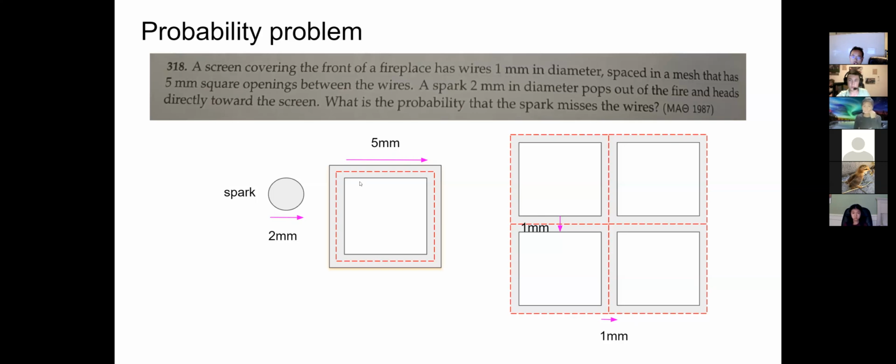That's close, but we need the whole 5 by 5. You have to be very accurate. If the spark is something like this, it's still a hit, right? Even if it touched just a little bit, it's still a hit. It's not a miss. Where does it go to be considered a